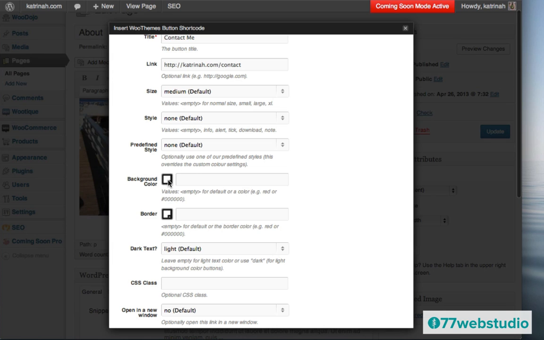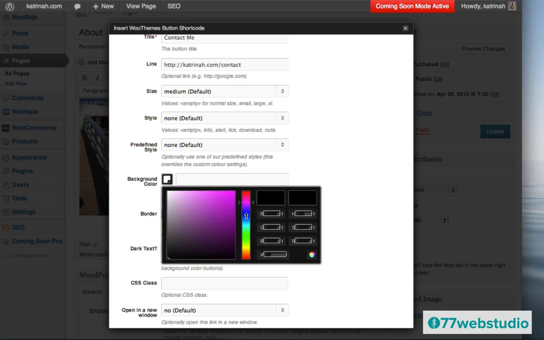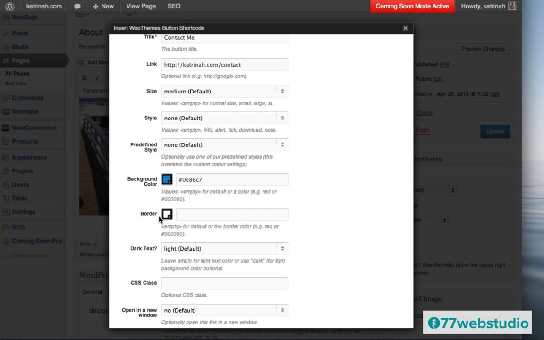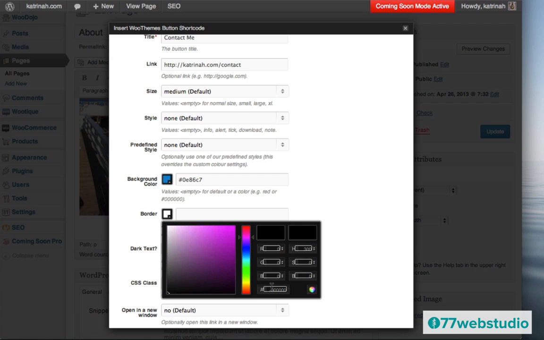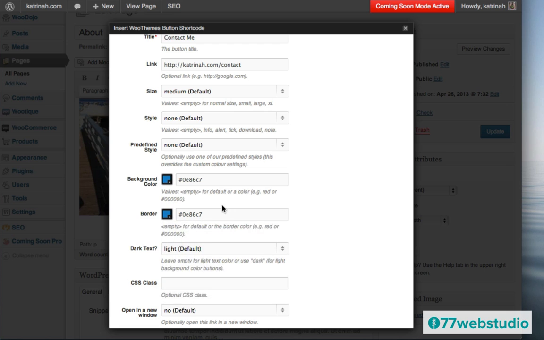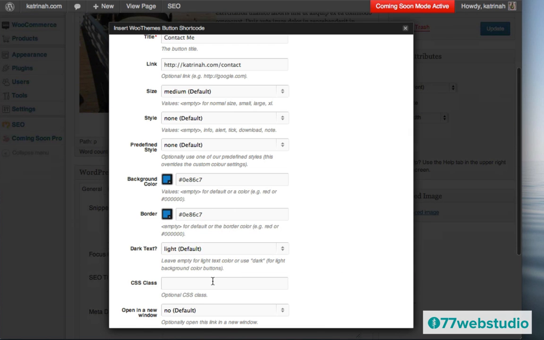You can add some different colors if you'd like. I think I'll just choose a blue color here. So I'm going to drag this bar down. Let's see. Not working very well. Let's see if I go like this. There we go. Okay, perfect. So I'm going to grab this blue color, and then I'll just copy it to make it easier. And then I'll add the border here. It will be the same thing, and I'll just pop that code down here and paste it right there so it matches. And it looks like I'm good to go on that.